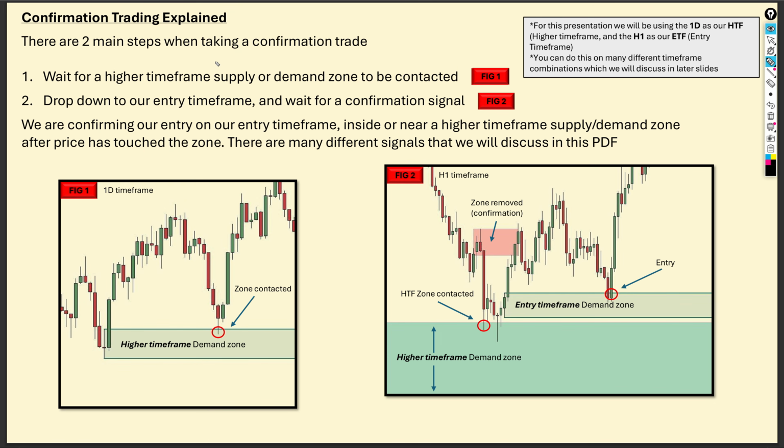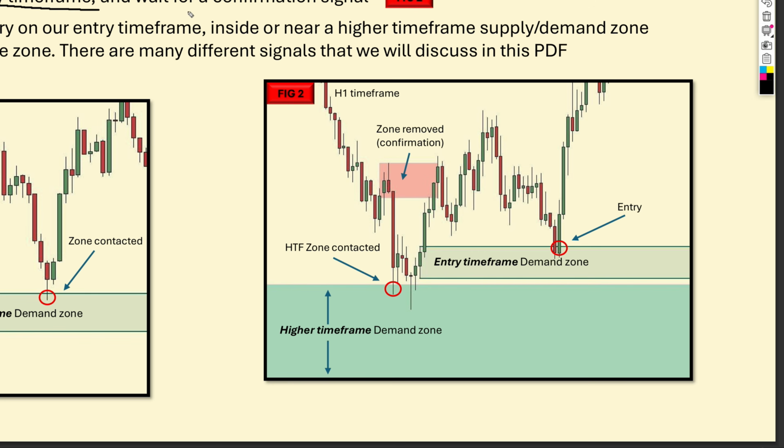And what is that our signal to do? That is our signal to do number two for the main two steps when trading confirmation. Number two is simply dropping down to our entry time frame, and then we wait for our confirmation signal. We are confirming our entry on our entry time frame inside or near a higher time frame area of supply